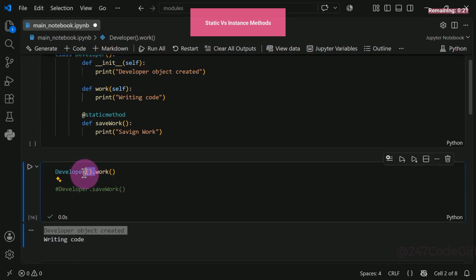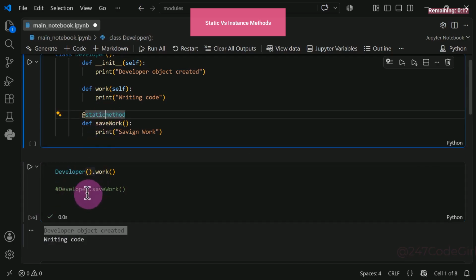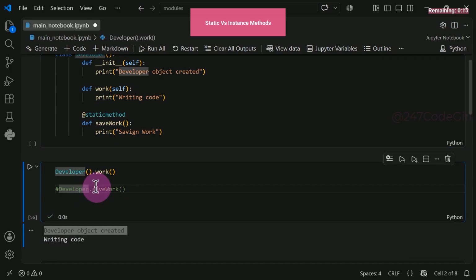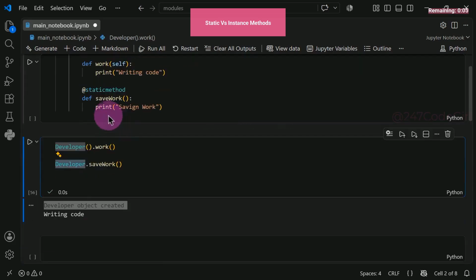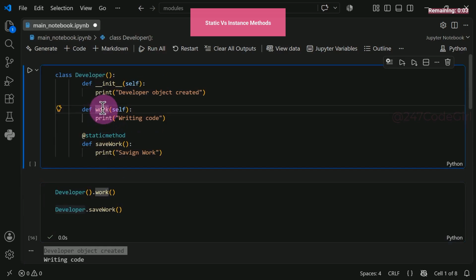And the key difference between this version over here and calling this static method like this without the brackets is you are not creating an object. You are accessing the method directly on the class itself. You are reaching straight into the class and calling that method directly, no object creation involved. So this one is an instance method being called on a created object. And this one is a static class method.